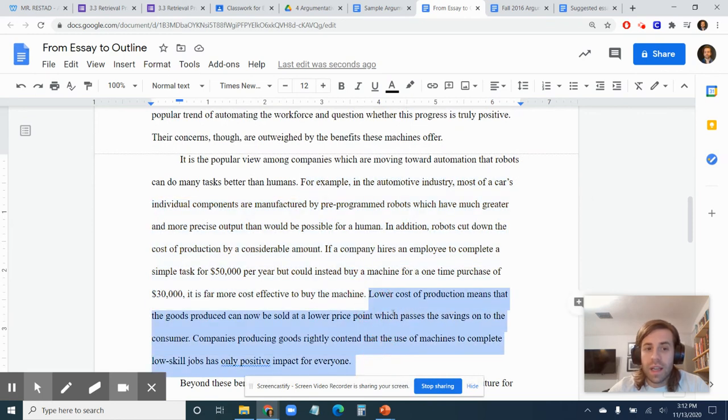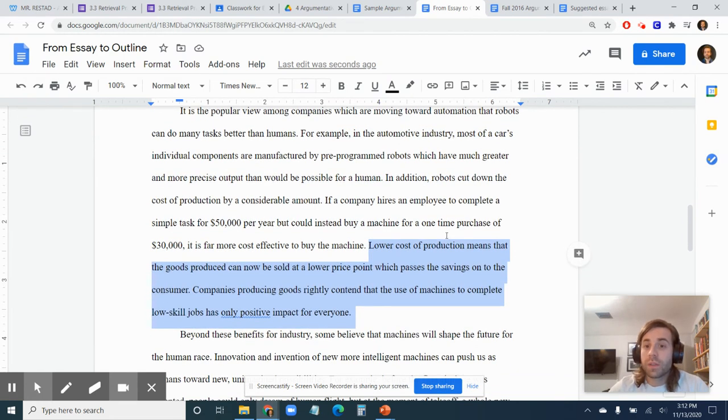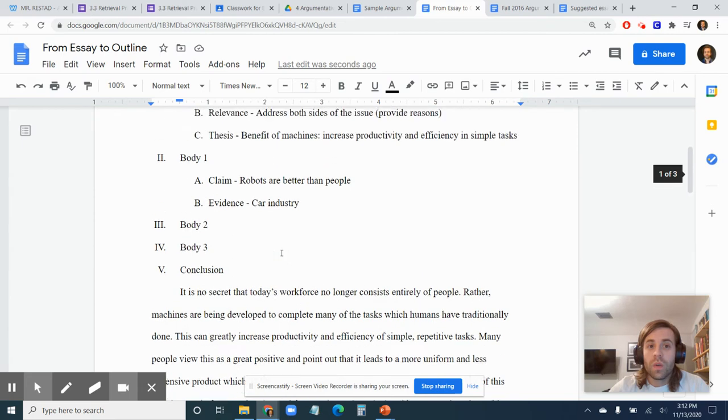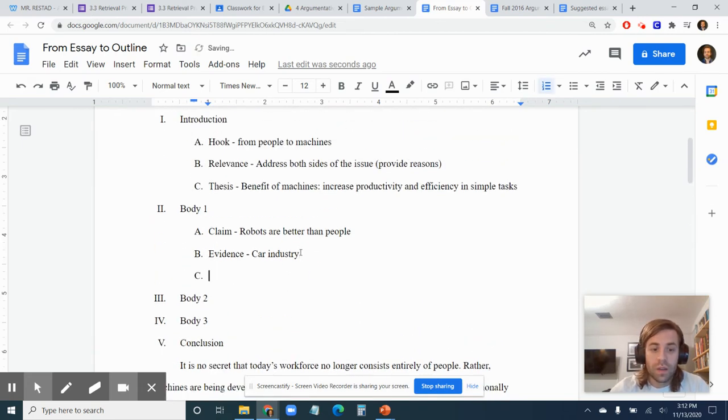And then this last 2 sentences, lower cost of production means that the goods produced can now be sold at lower prices, which passes the savings on to consumers. Ooh, excellent. So reasoning, robots, lower prices, making them more beneficial to end customers,